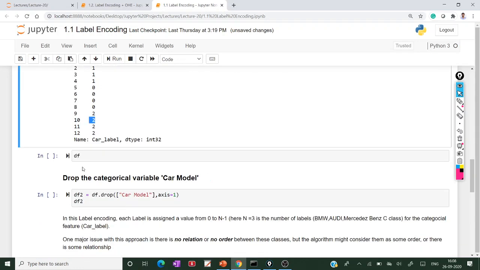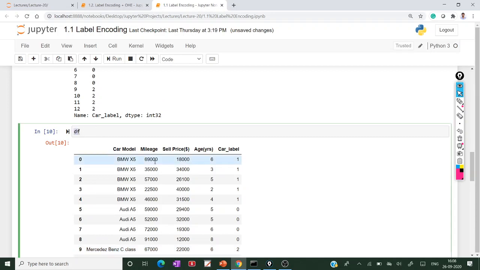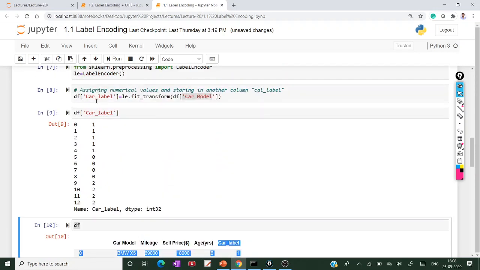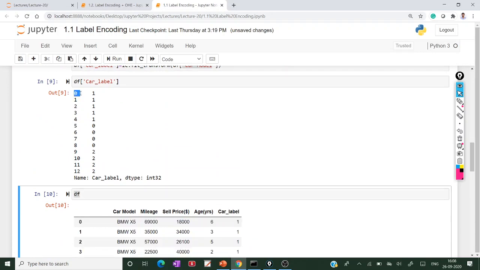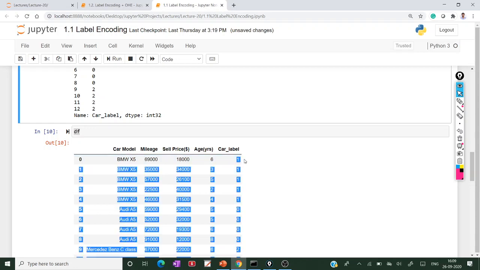How is it encoded? Let's see. Our original data frame is like this. This is the original data frame, but the car label is newly added. So this is the car label. See, the 0th index has value 1.